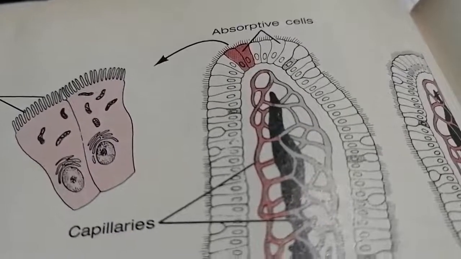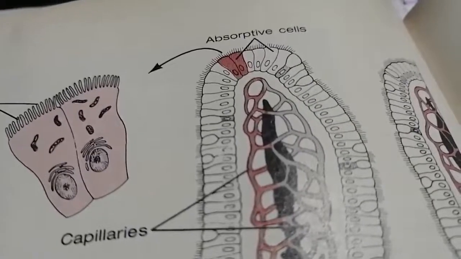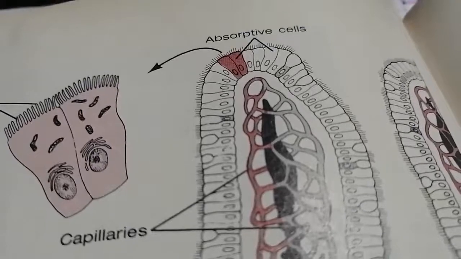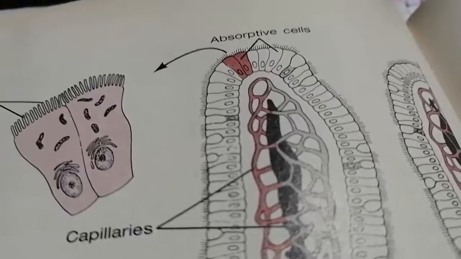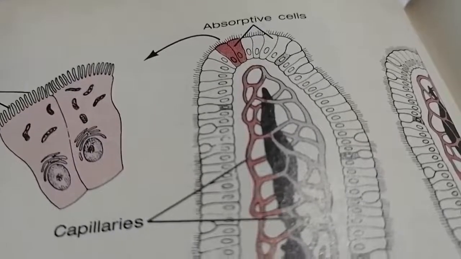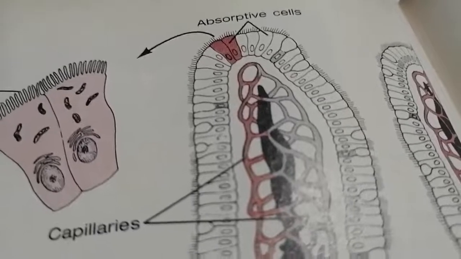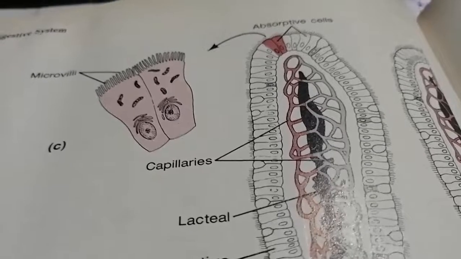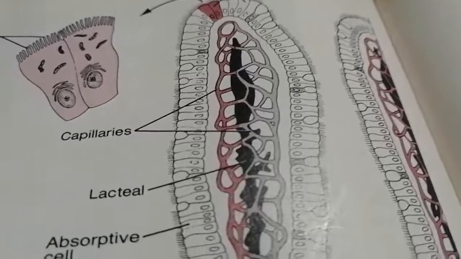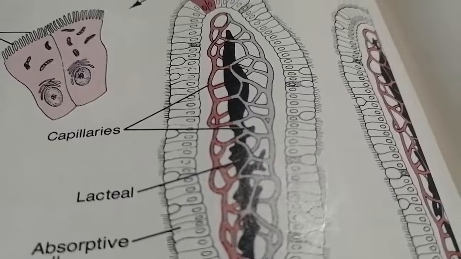But one of the major components of food is fat, which is not absorbed by your blood capillaries, but it is absorbed by your lymphatic capillaries. Okay, and therefore here the lymphatic capillaries are called as lacteal. Lacteal means what? Milky. Their appearance is milky. Fine. So this is about the absorption.